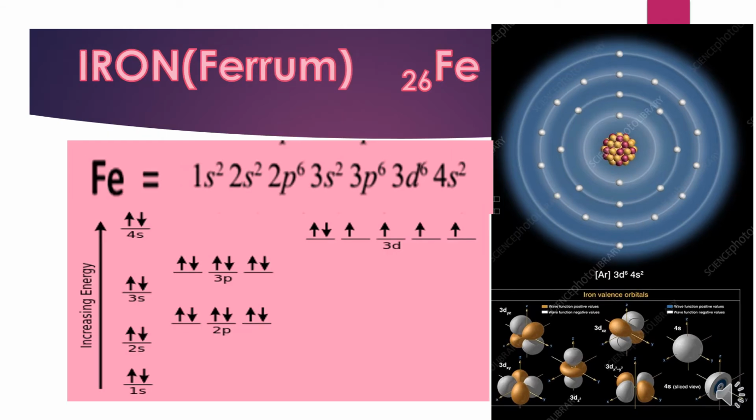Next is iron. Iron has atomic number 26. So means 26 electrons are to be filled in its shells. Accordingly, the first 20 electrons will enter up to 4s2, and then the next 6 electrons will enter in the 3d subshell. In the 3d subshell first you need to put a single electron in each of the 5 orbitals and then start pairing in the first d orbital, and in this way total electrons in the d subshell is 6. So it is 3d6 4s2.